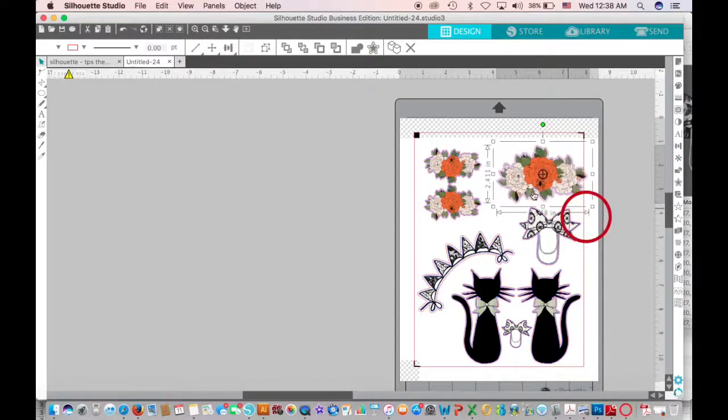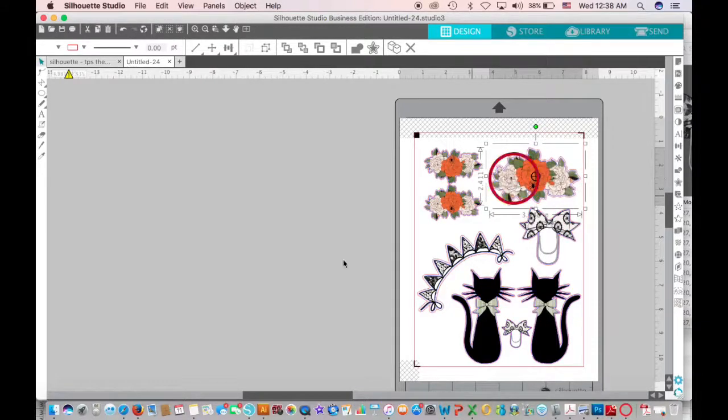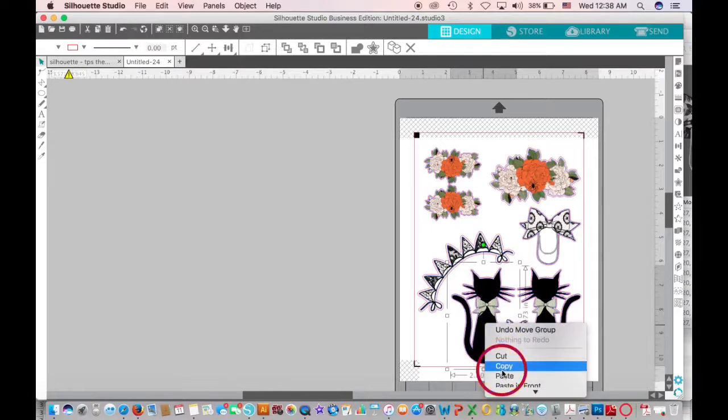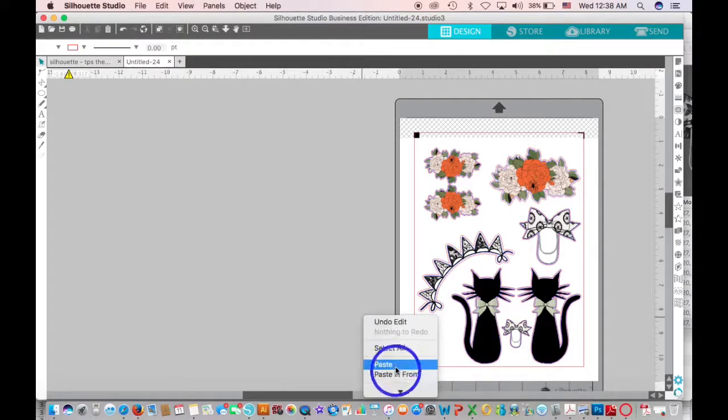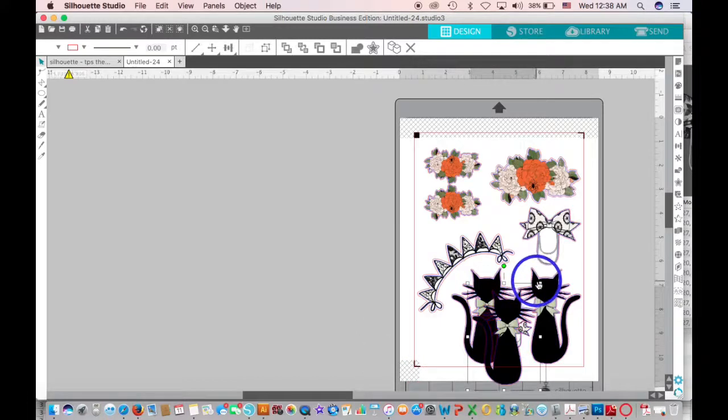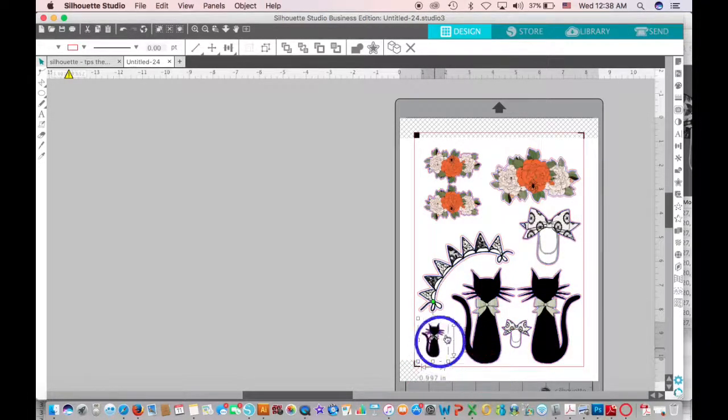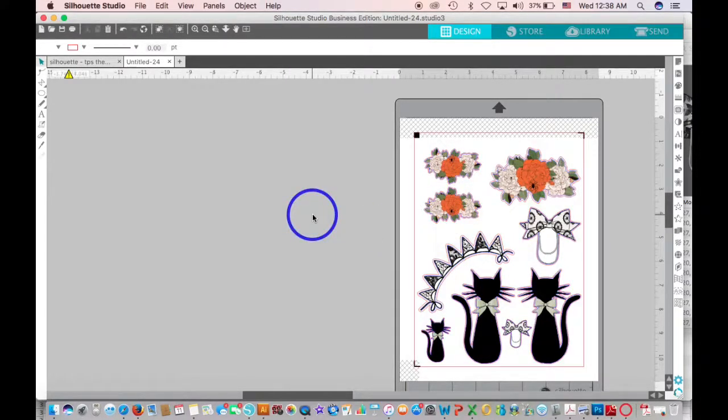But you can resize your images to make them for larger die cuts, paper clips, magnets, stickers. The possibilities are endless. And again, I just kind of copy, paste, duplicate, replicate images and resize them to fill the paper in. And just a reminder to make sure that all your images are staying within that red box, that the perimeter, that is your red, that's everything within there will cut, anything outside will not. I have my page set up to printing